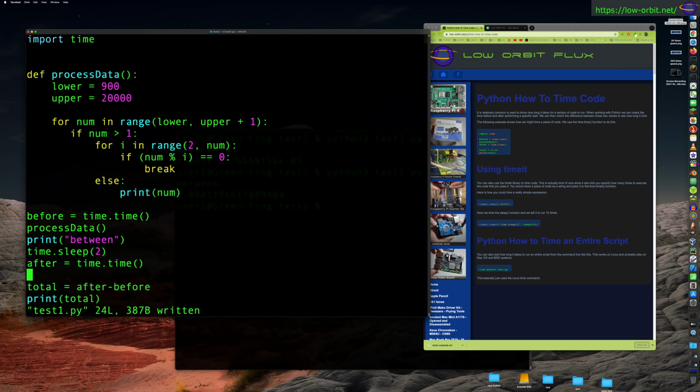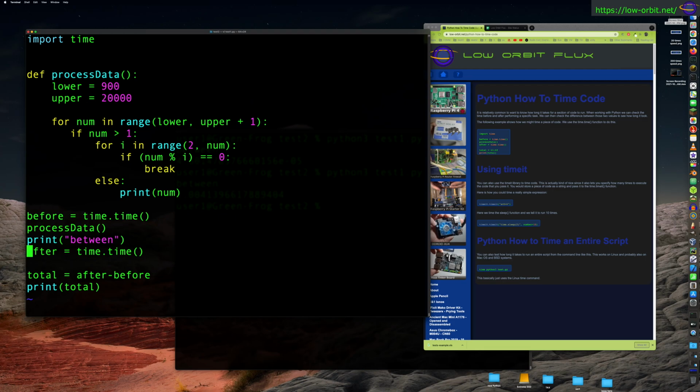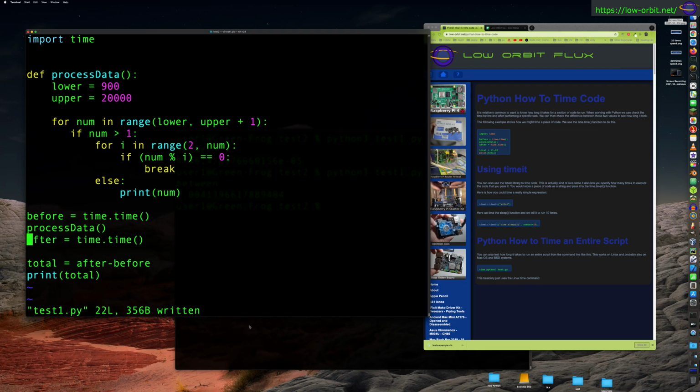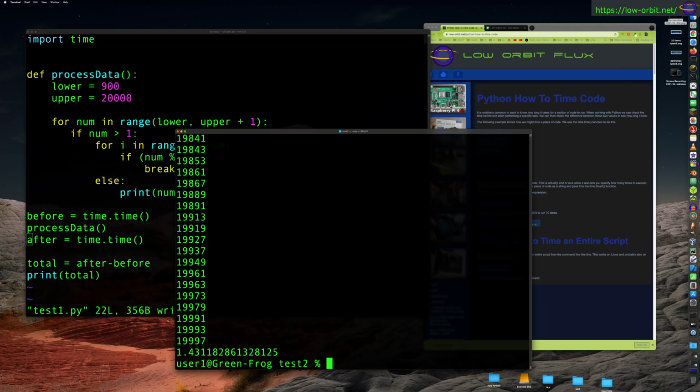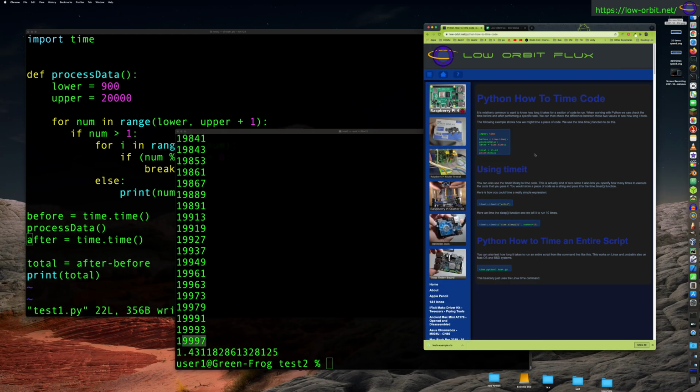So we can actually remove this sleep function and the between, right? So now we're only going to be timing process data. So let's try running this. It computes a bunch of prime numbers, and looks like it took 1.4 seconds to compute prime numbers between 900 and 20,000. So that's pretty nice. Interesting thing. All right, I guess no more prime numbers after 19997 before 20,000. So anyways,